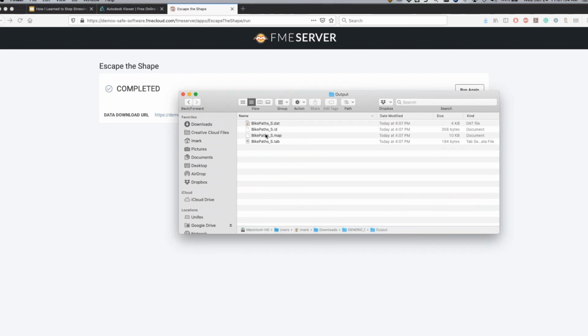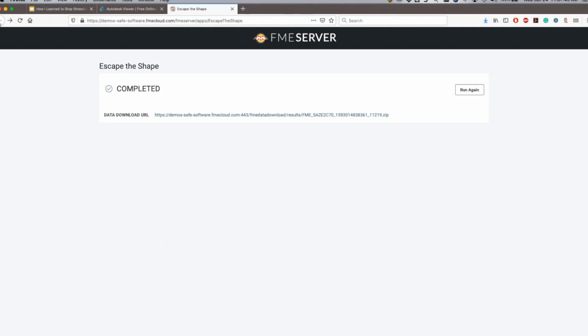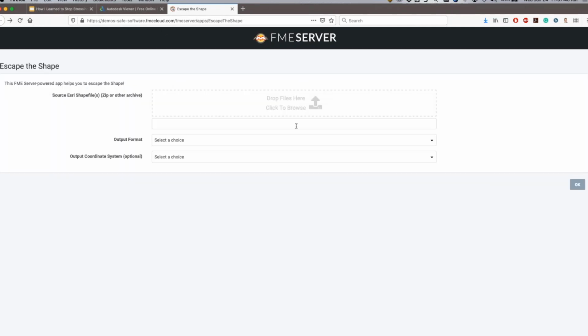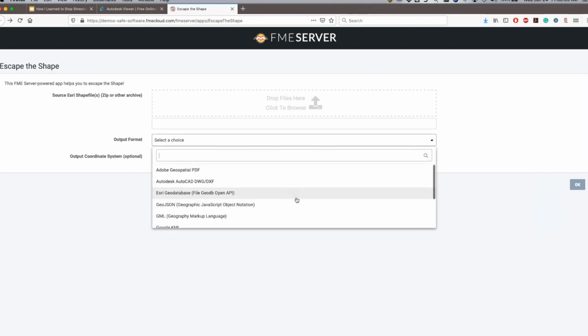So there's our map info tab, equivalent of the shape data. I'm not sure how long I'm going to leave that up there. It'll probably be quite a while, to be honest, and this server runs all the time. So if ever you feel the need to escape shape format and you don't want to sit and make your own workspace, you can just come to this link, fme.ly/escapetheshape, and you can get your data out of shape and into one of the most popular formats